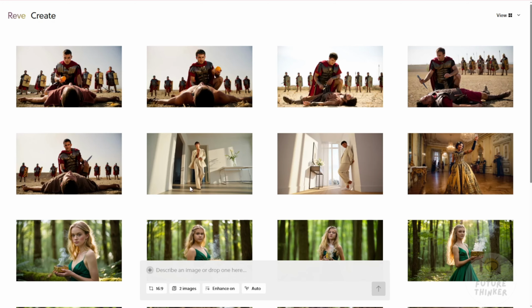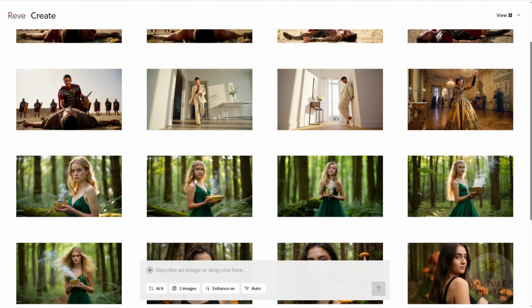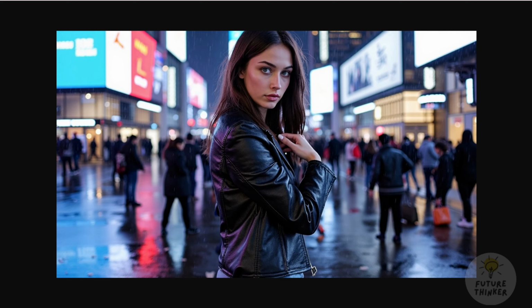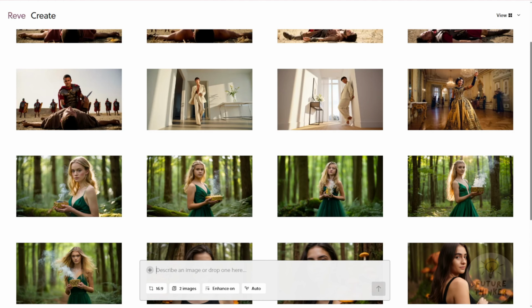So for example, if you have an existing image, just like how you do in Stable Diffusion and Flux, whatever image generation tool you have with image-to-image features, this AI model Rev also has the image-to-image feature. And the laziest way for people is to turn on the enhanced option, and then what you do. For example, I have this previous image from Flux. I want to regenerate something similar in style to that. What I do is I just drag that image on top of here,